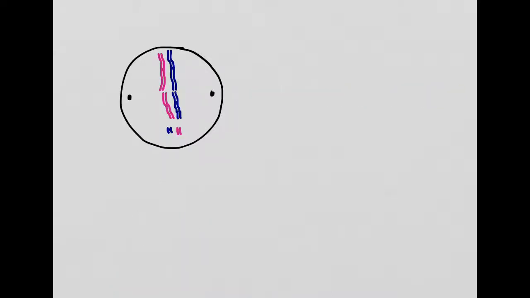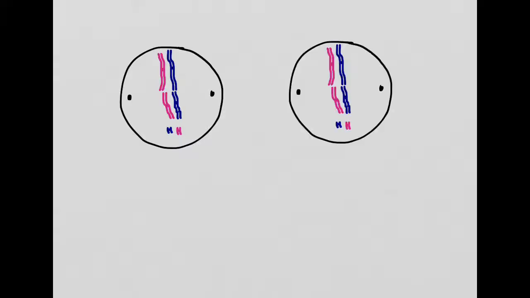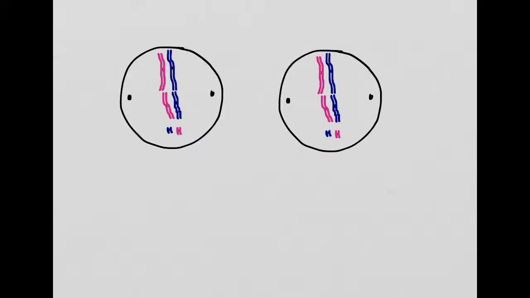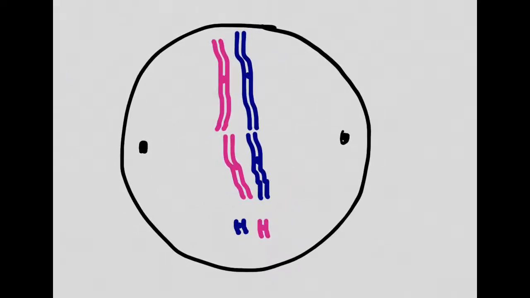Okay, so we go back to our original cell situation here. And this time, let's imagine that we have spindle fibers that attach properly and start pulling things apart, and they pull them apart perfectly well. So I'm going to, again, get rid of these things. And let me just copy this whole cell and paste it right here. Okay. So in this situation then, we are going to have the proper,